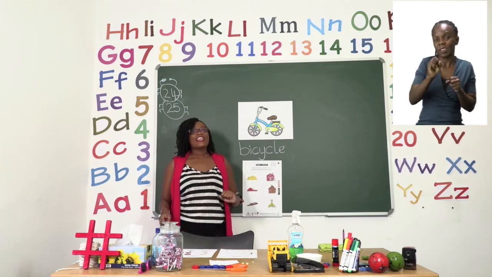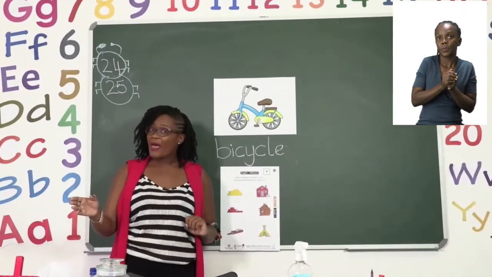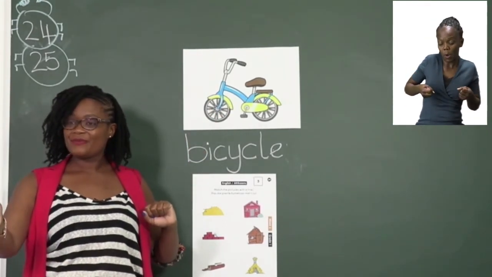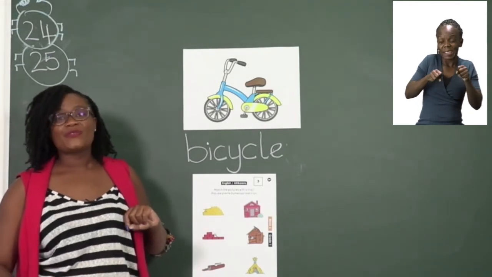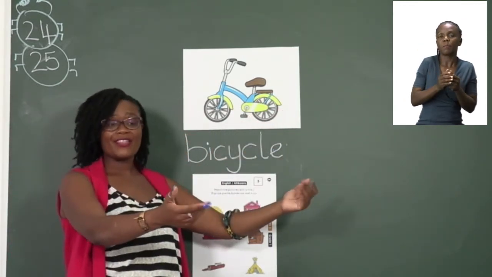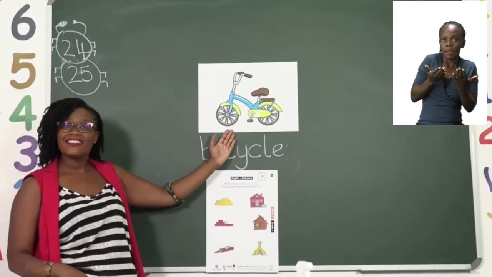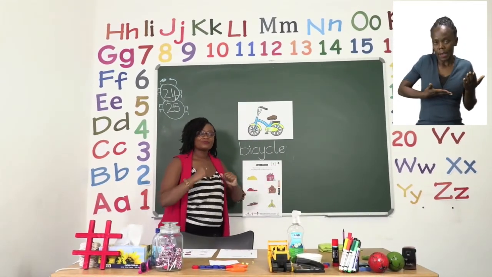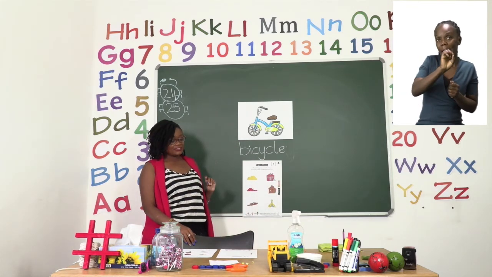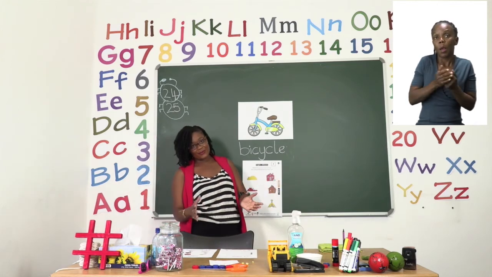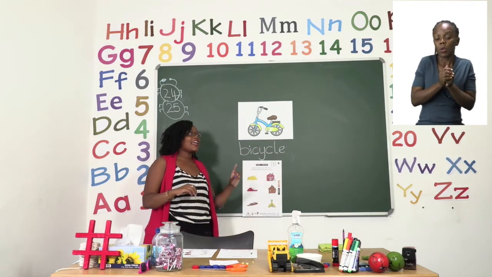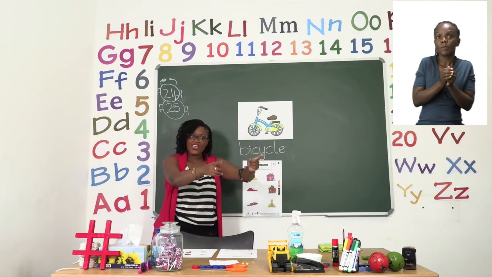yours. Now, if the bicycle belongs to a boy or a man, we say the bicycle is his, his. Very good. And if it belongs to a girl or a woman, we say the bicycle is hers, hers. Good job. But if the bicycle belongs to a group of people that we are not included in, they belong to that group, we say the bicycle is theirs,